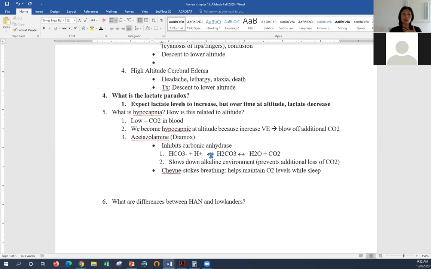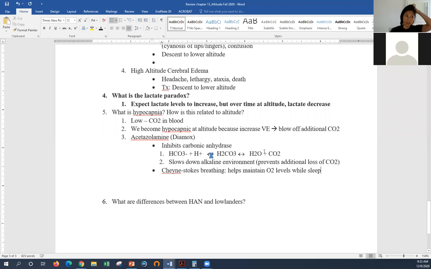Because it's that loss, the too much loss of CO2, which is causing us to temporarily stop breathing when we sleep. So if we are keeping our CO2 and we are able to increase our levels of CO2, we don't have that signal to slow down our breathing and to stop the breathing while we sleep. So that is how Diamox